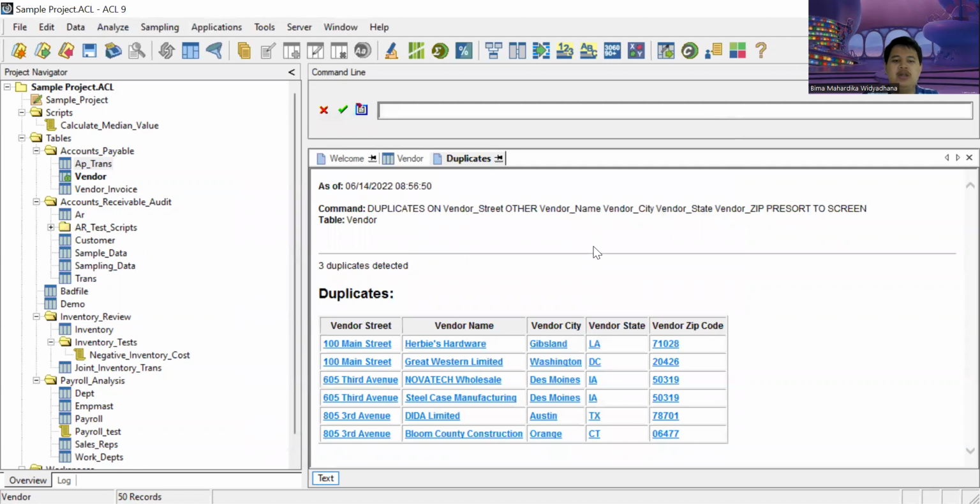Here it shows that 3 duplicates are detected that we should review further, on this particular vendor name and vendor street. We can see there is the same address of 100 Main Street with different vendor names, but also different zip codes.